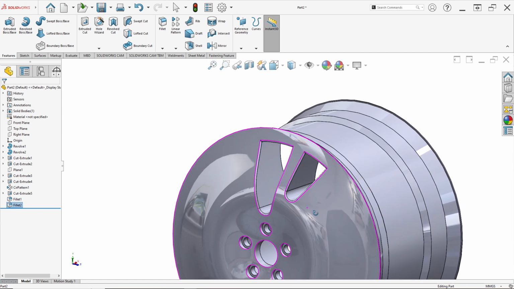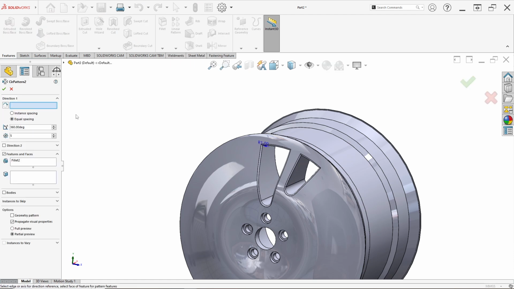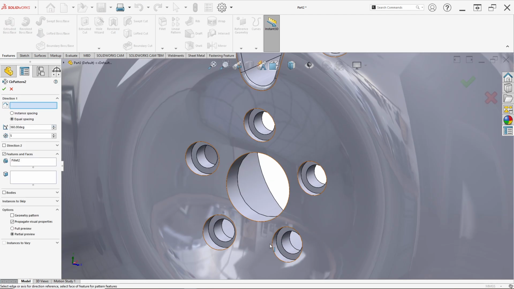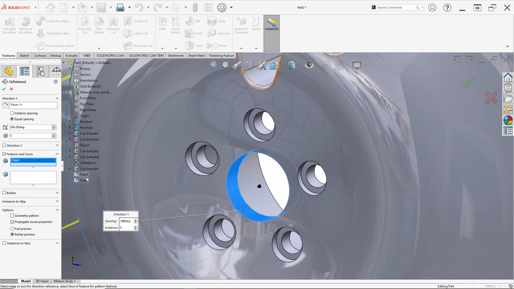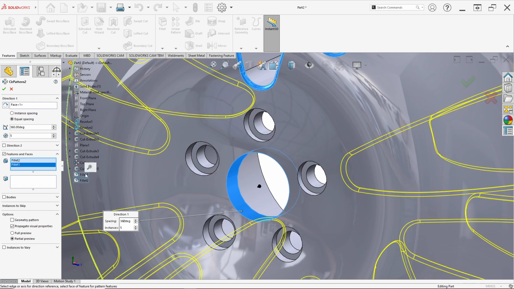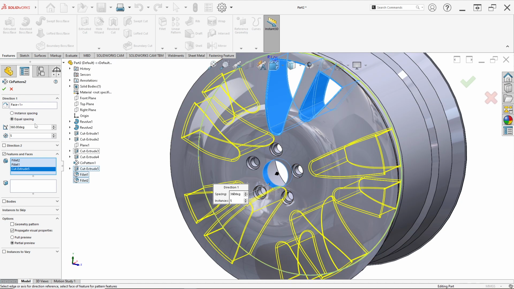After that, we can make in here hole in here, use linear pattern. Sorry, direction. Click this face, and for feature and fillet, click fillet 2, fillet 1, and extrude cut extrude 5.